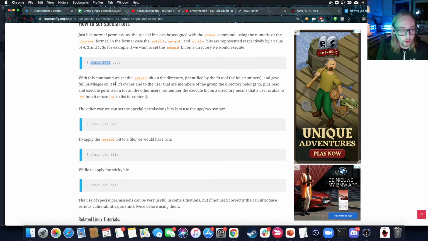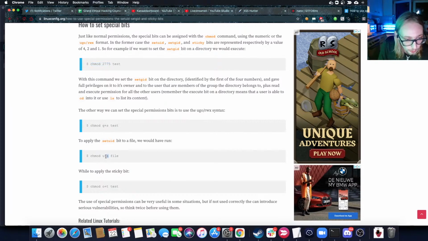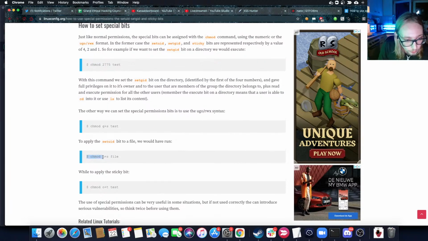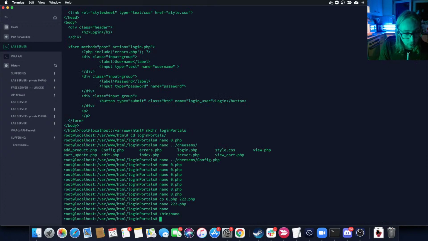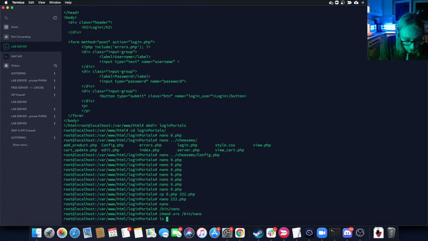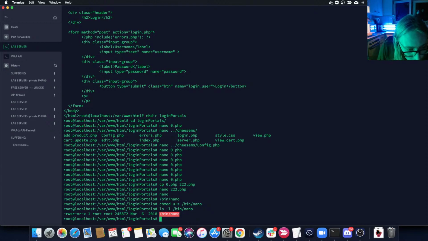Now, I don't want to do this on a directory, but that doesn't change much. We can also do chmod u+s, but I want to do this on nano, and nano is just going to be in the /bin folder. If I go /bin/nano, I'm doing the exact same thing. So I want to chmod u+s on /bin/nano. And then I want to ls list that /bin/nano. And I can see,